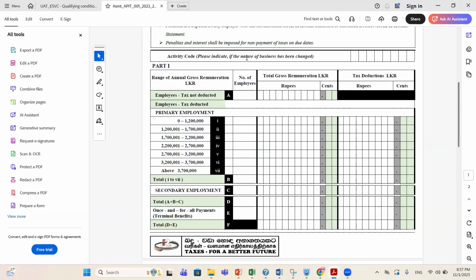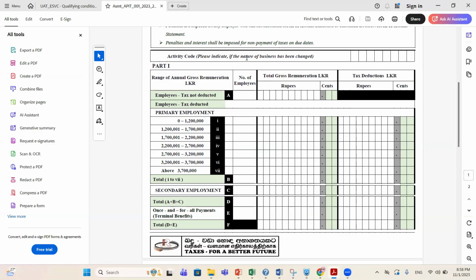It is available in the private sector as well, right? As an example, say the group HR manager or the group finance manager is on one particular entity's payroll as his primary employment.